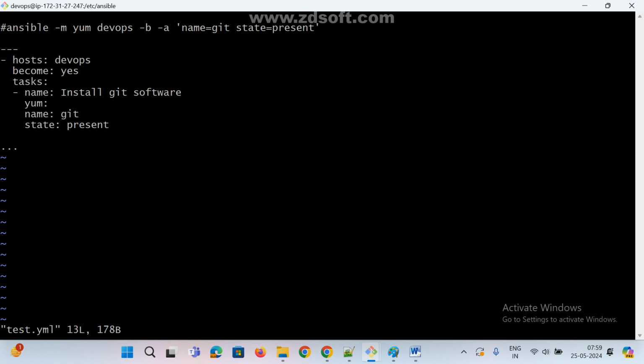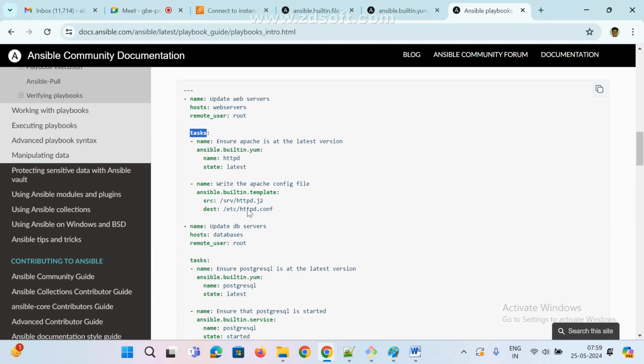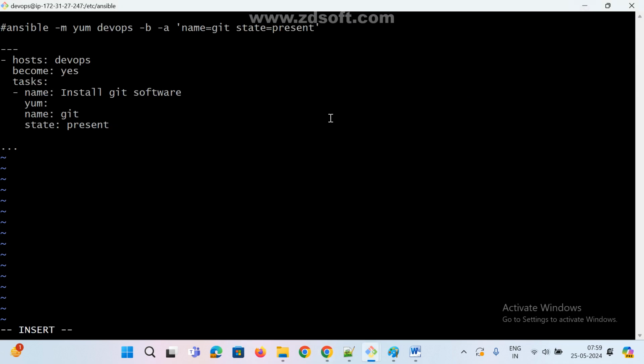After tasks, we need to give one space. Here, insert, right? Now see here, go to here, how they are maintaining. What is this? This is a model name, right? We need to give space. Okay. Now insert